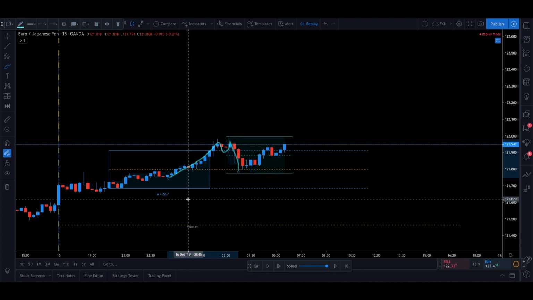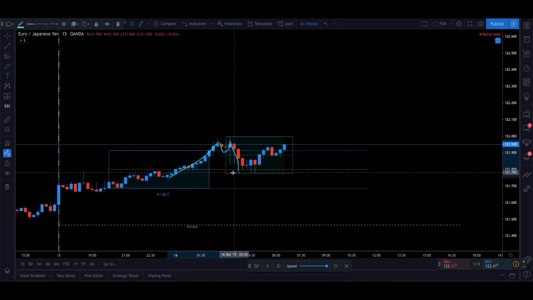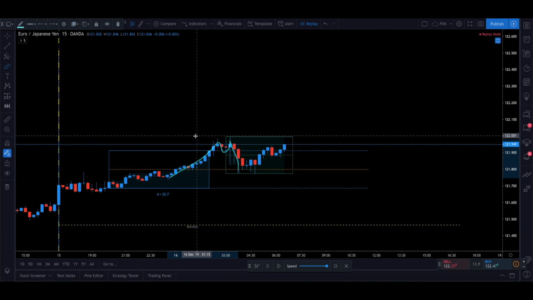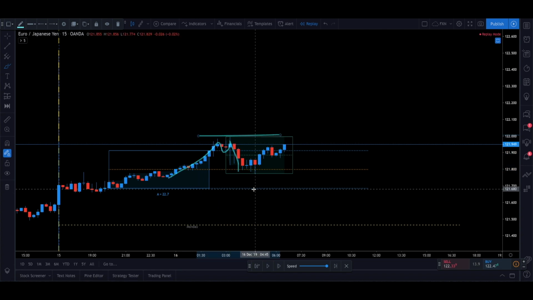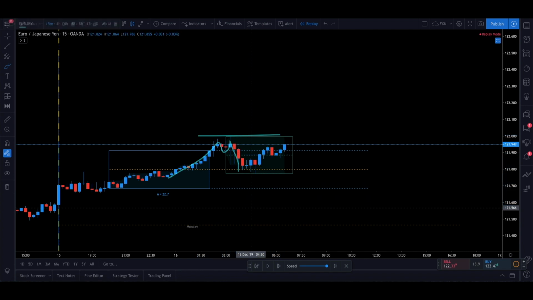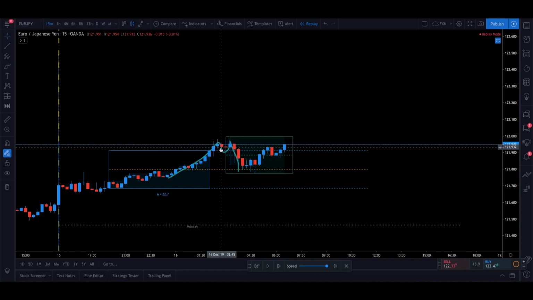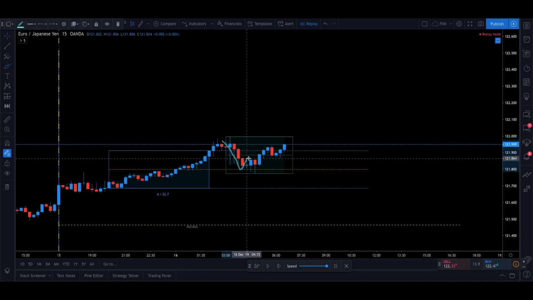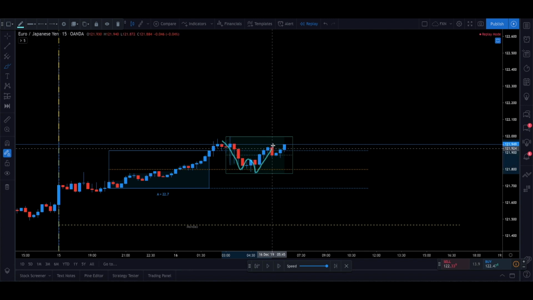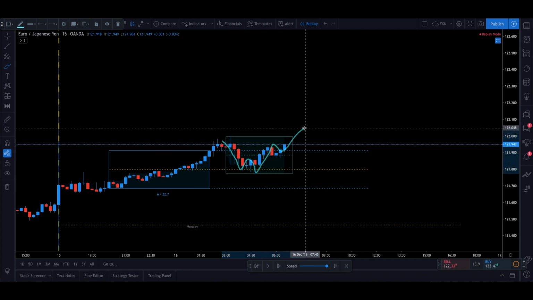Okay? So if that's the case, remember what I said: if this is what you think is the high of the day, they should not have an issue getting past the middle of the range, right? And so what happens here is what? What happens? They get stopped,